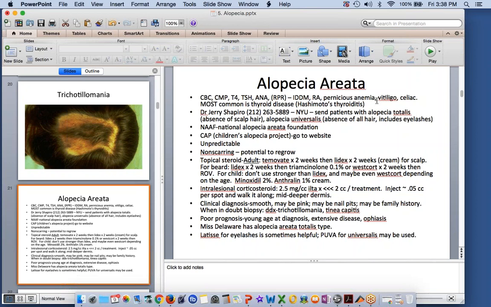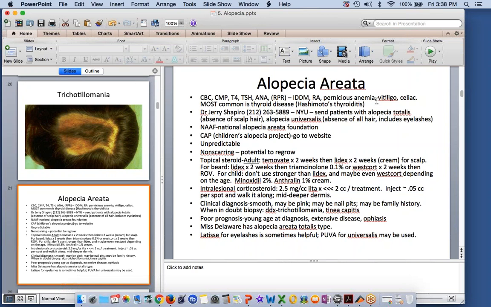The mainstay of therapy right now for adults and or kids are the class 1 steroid therapy with clobetasol for 2 weeks and Lidex for 2 weeks. And you can see we use a little bit of a less strong topical steroid for the beard like Lidex and triamcinolone and Westcort. And if you want to be more aggressive, but you got to watch out for possible side effects,